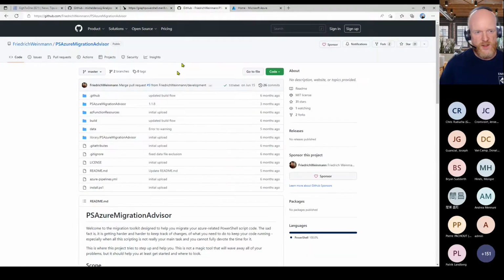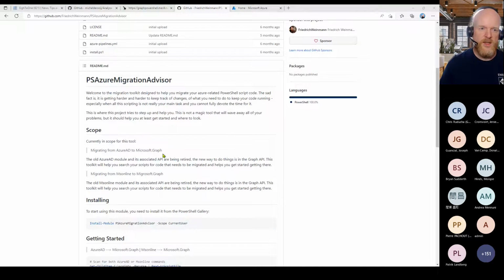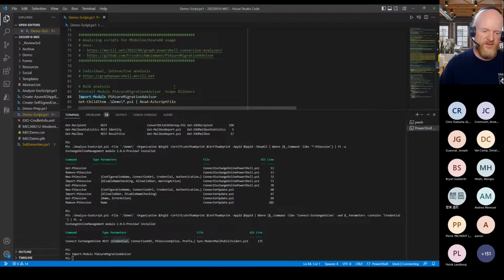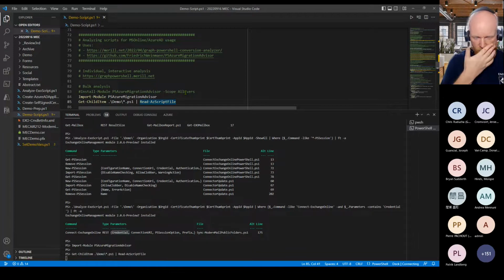Then I also mentioned the PS Azure Migrator Advisor module, which is more suited for bulk operations. So I have a set of Azure AD based scripts, or which are using part of that, uses Azure AD based operations. It's a module you need to install, and what you can then do is, back to my code terminal, first you import the module, and then again in my demo folder I have several scripts which use MSOnline and Azure AD. The module has a command Read-AzScriptFile, and what it will do if you throw PowerShell files at it is output